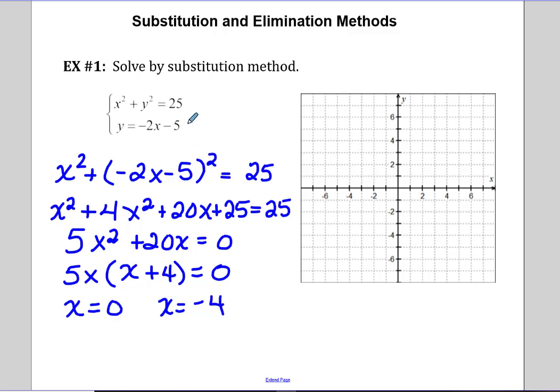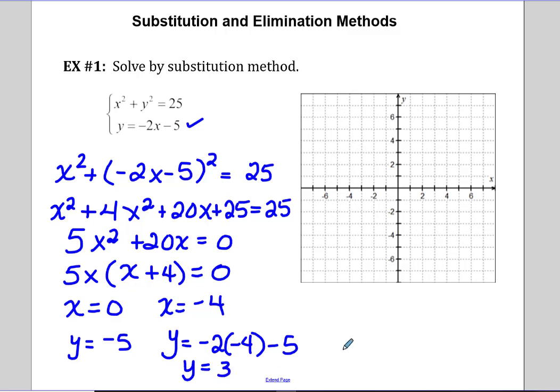Now going back to equation 2, if x is 0, then y is negative 5. And using that same equation, if x is negative 4, then y is negative 2 times negative 4 minus 5, so y is 3. That tells us that we're going to have two solutions, one at 0, negative 5, and one at negative 4, positive 3. So looking at the equations, we know we have a circle whose radius is 5,